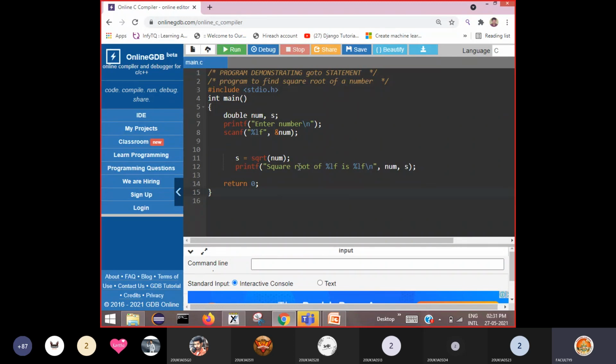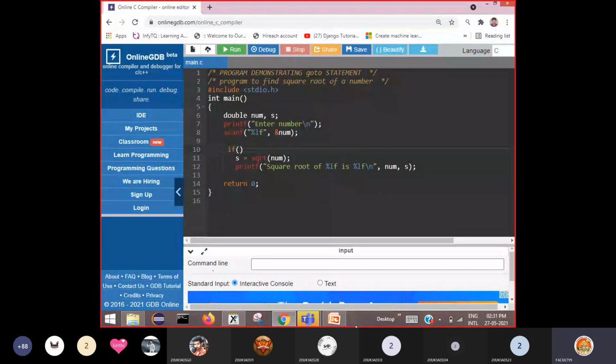Now this is how square root works, and when we ask the user to enter a number, generally square root can be calculated only for positive numbers. Only for a positive number. Suddenly if the user enters a negative number, then your square root function cannot calculate the square root of a negative number. So that you should handle in the program. That means we test whether the user has entered a negative number or not. So how to test that? By using an if statement.